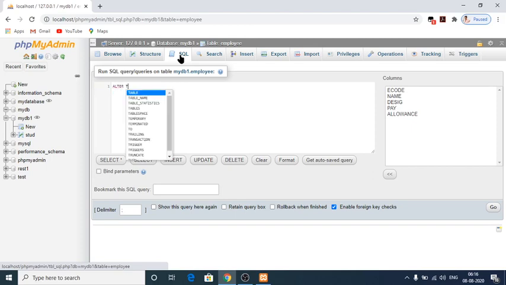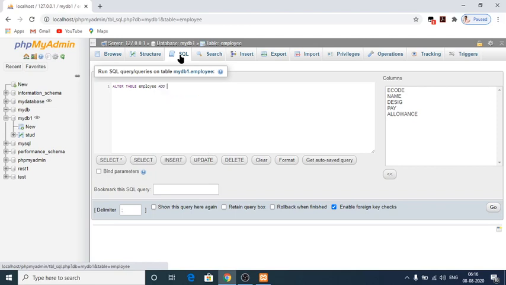Alter table name: alter table employee to add a new column for the table, we have to give the keyword called add.